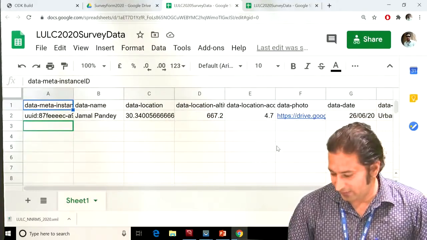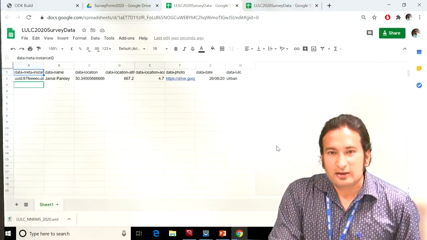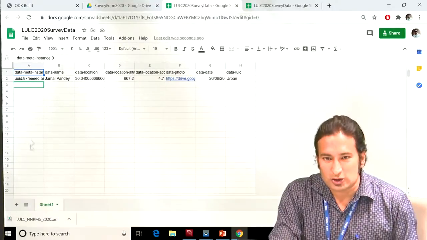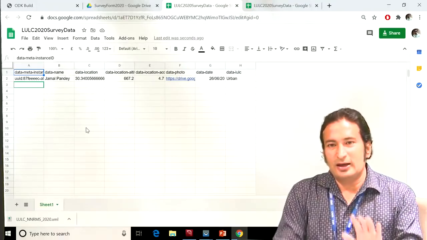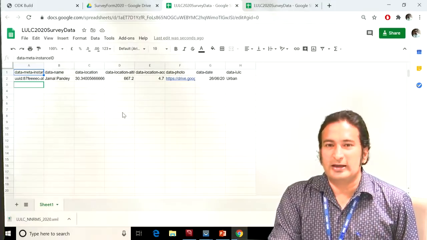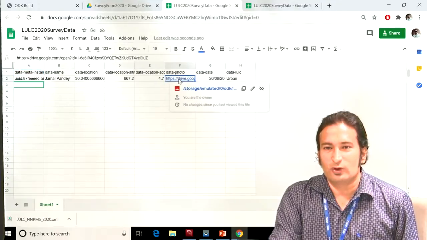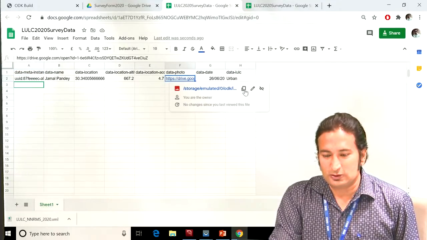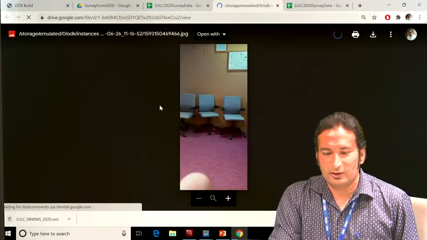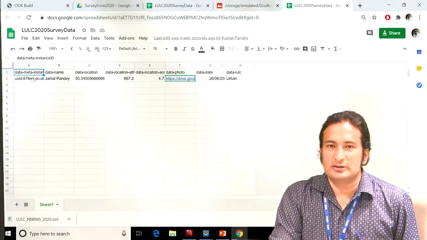Now n number of people are collecting the data. Whatever data is sent will accumulate in all the rows of this sheet. That data will come, and then I will have a collection of datasets. That dataset I can use for any kind of GIS analysis. So one small land use land cover survey we have done over here. If you see the photograph, it will show you the photo also here. This was the photo that was taken. So photographs as well as all the information are collected.